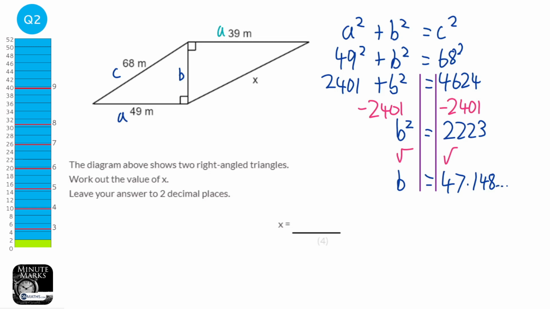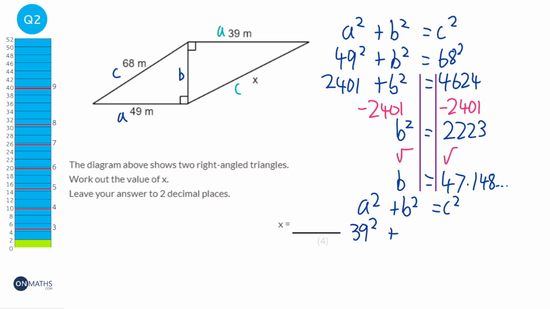Okay, we're now looking at the second diagram, and this time we've got our a, we've got our b, and we're going to call x the c. So it would be a squared plus b squared equals c squared, but this time a is 39. B we are given as 47.148, we've just worked that out. And we're looking for c, in fact we can call it x now. Okay, so we need to square that. So we do 39 squared plus 47.148 squared, and that will be 3744